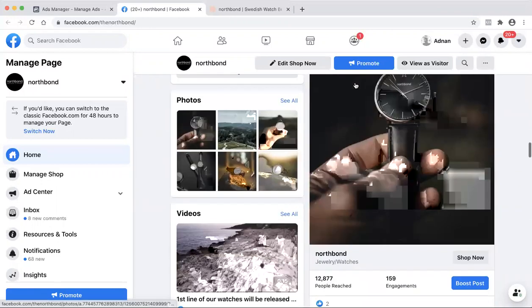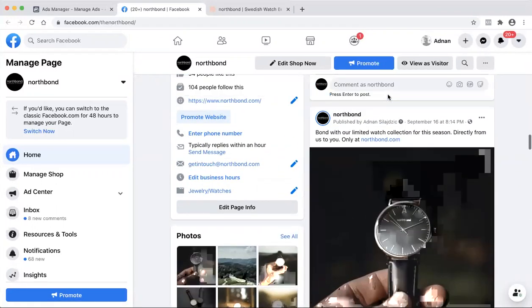What is this one here? Bond with our limited watch collection for this year. Okay, yeah, that one had a lot of engagement, so we'll take that.